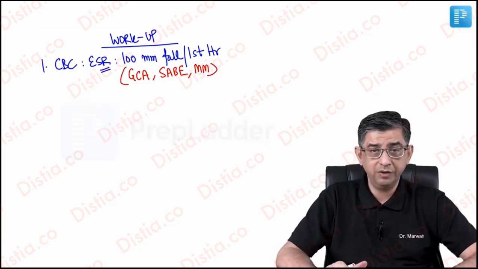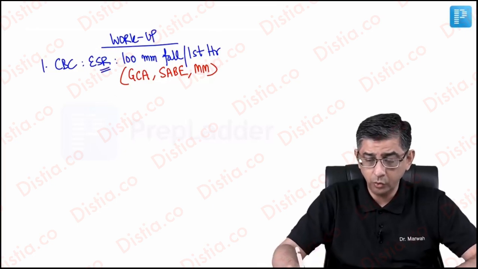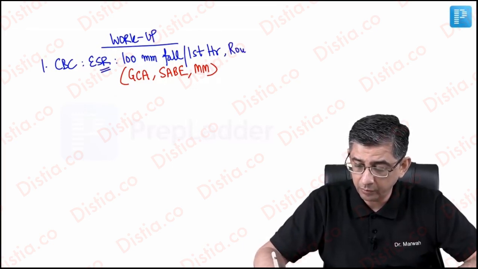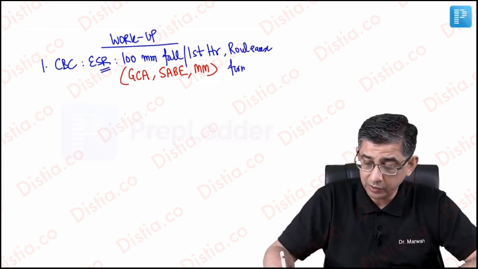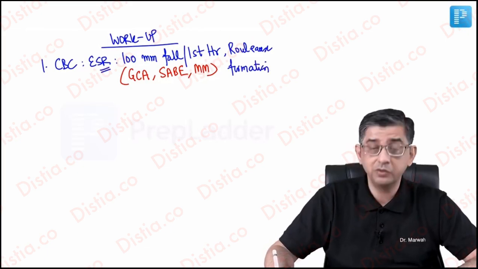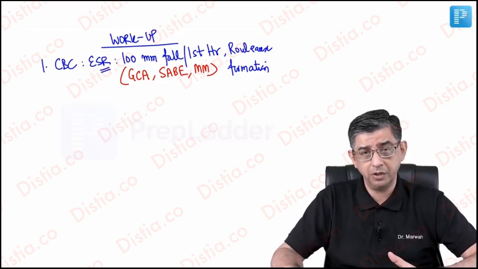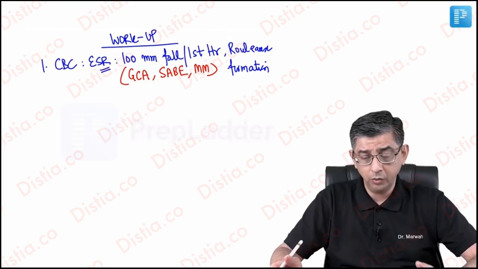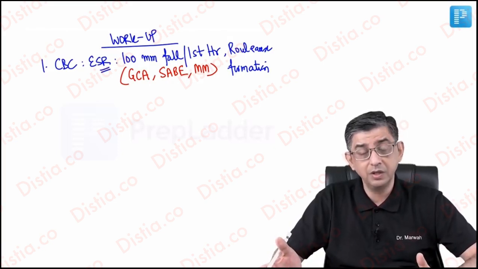You will realize that initially the ESR being increased and Rouleaux formation described in a question will sound like very harmless, innocuous things. But later on, you will realize that these are the words which are helping you clinch the diagnosis of this person. Because suppose it gives you a scenario of an old man with anemia with low backache and the peripheral smear is showing Rouleaux formation, the clumping of RBCs on top of each other like a stack of coins, you have to consider this disease that we're studying as one of the differential diagnoses.